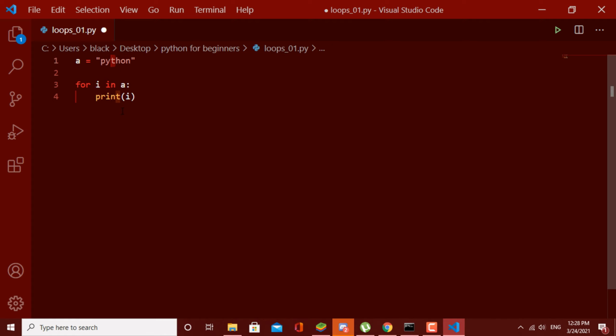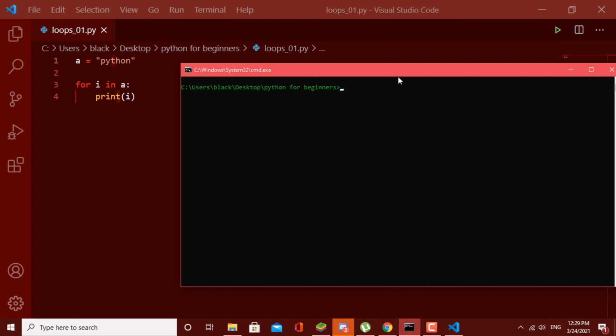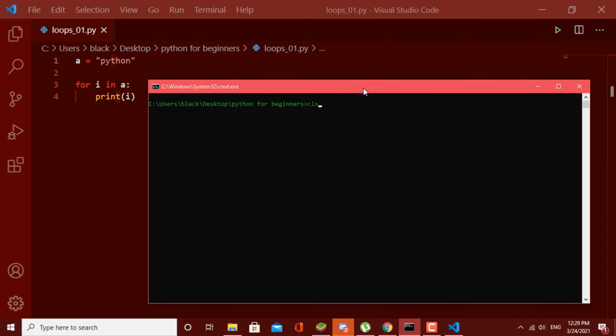When the first time this loop runs, the value of I becomes P. Then the second time when this loop runs, it will become Y. Likewise, this value of I is changing through this string when this loop runs, and it will display these characters one by one. Now let's see. If I run the program, it will print these characters in Python like this.